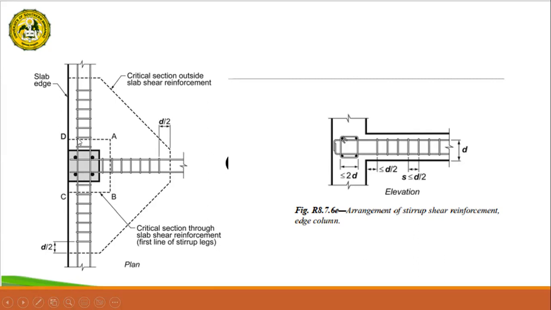So this is again the critical region, critical section, which is a distance of d/2 from the face of the column, d/2 and d/2. So that the total perimeter is this length dA plus AB plus CB. So that will be the bo or the perimeter of this critical region. Then showing the elevation, no? Ito yung column and